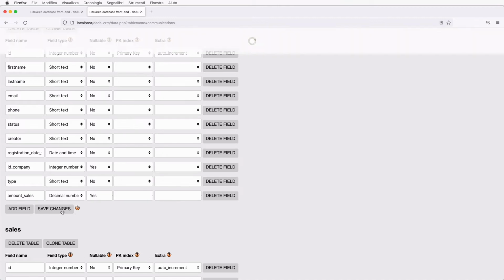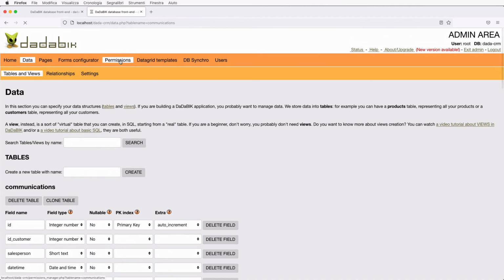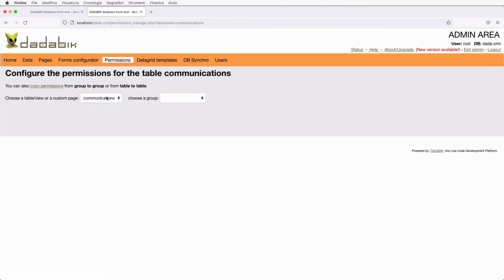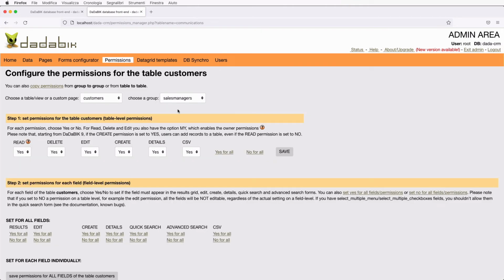So save changes. How about permissions? Customer. Let's start with sales managers.